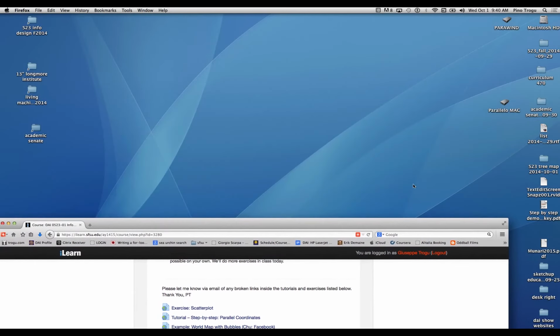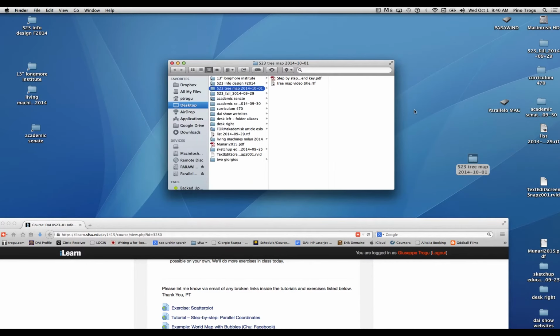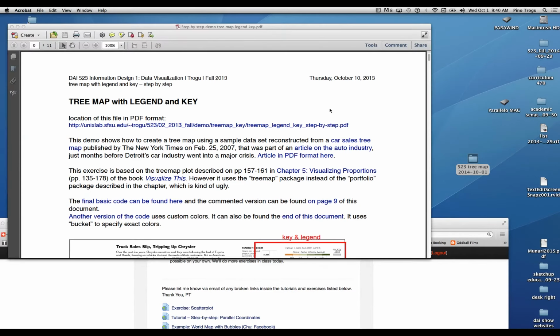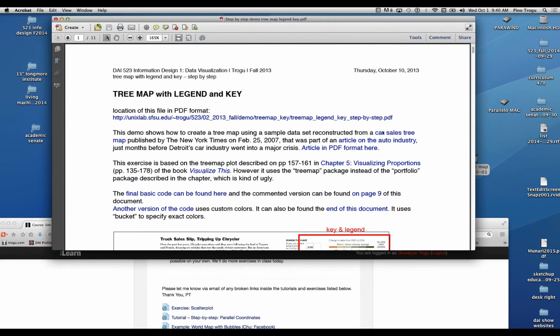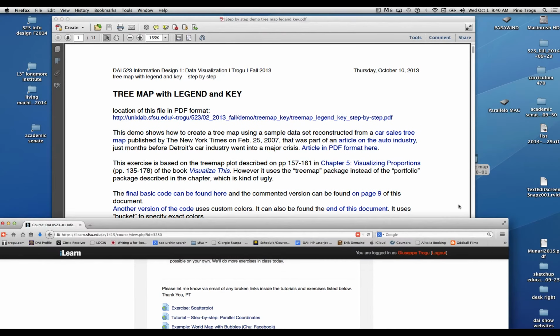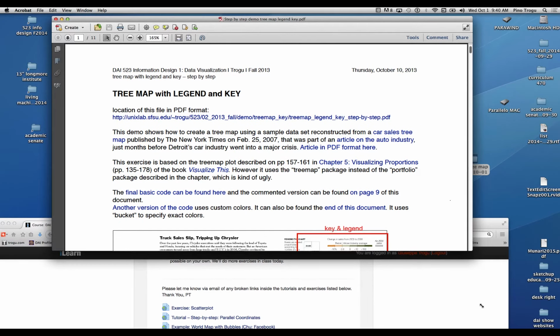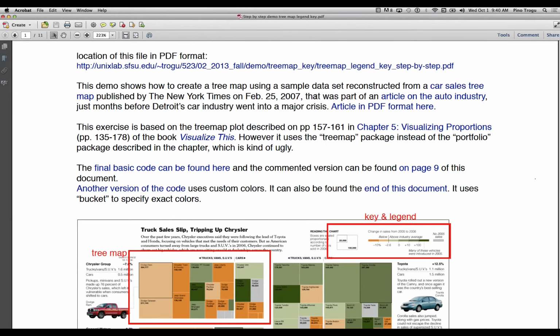I'm going to keep that file open just as a reference. And I'm just going to go over it briefly, just as a kind of summary of what we're going to do, okay? So,